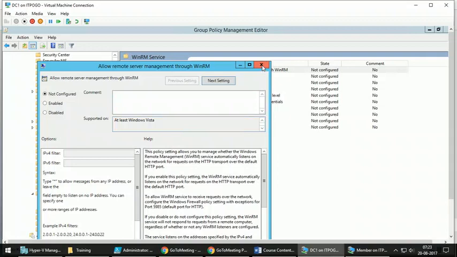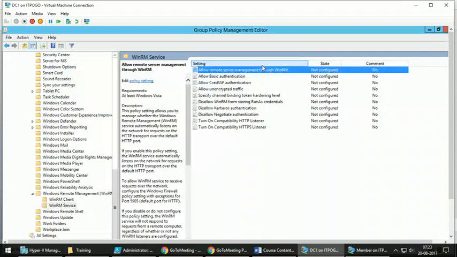But if you are just making sure that the WinRM service is running, then you are taking care of only that service, and that can be done using group policy preferences. There is something called group policy preference extensions.